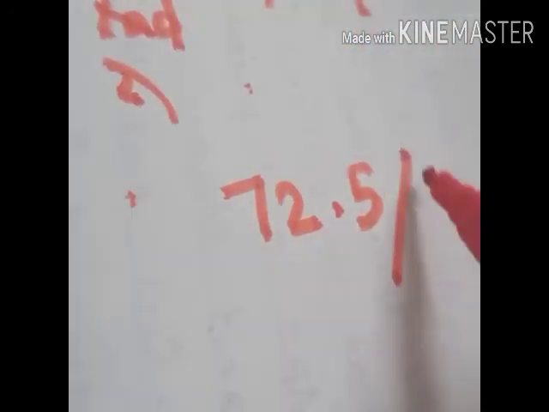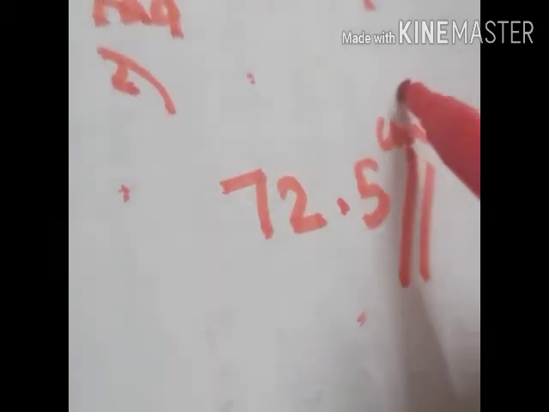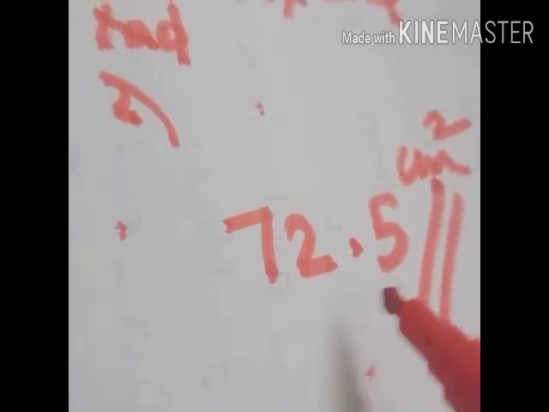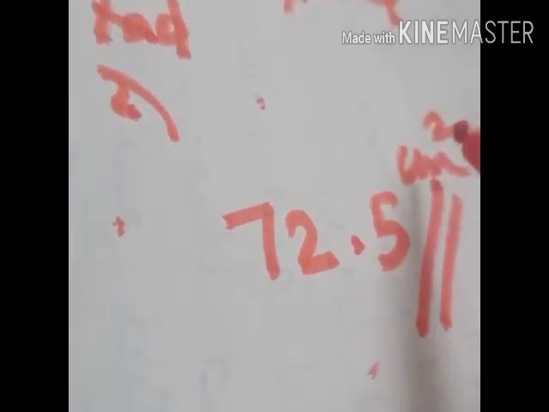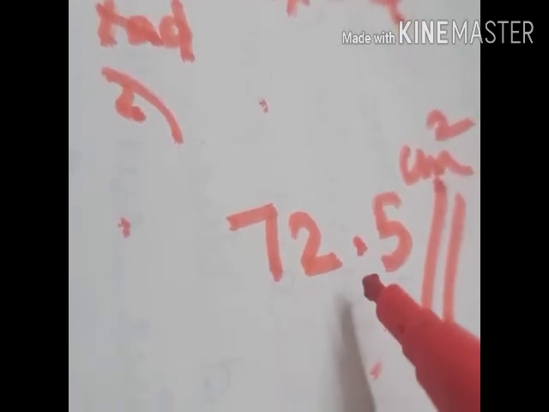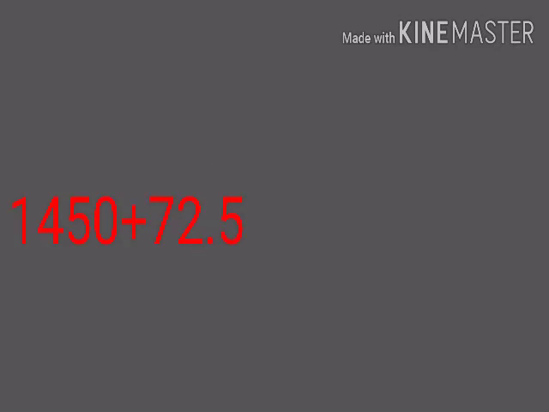72.5 centimeter square. This is required for overlapping. 72.5 centimeter square is required for what? Overlapping. So the total area of the cardboard required for making one bigger box equal 1450 plus 72.5. That is equal